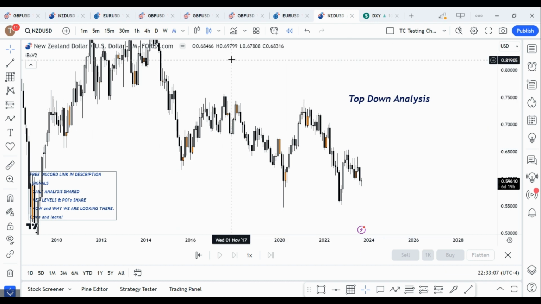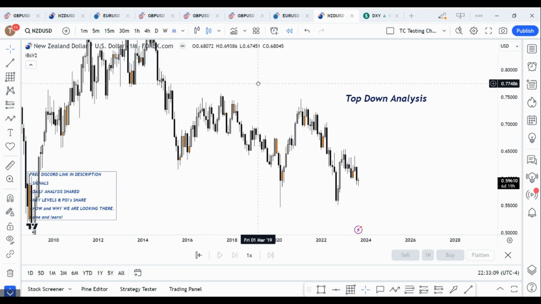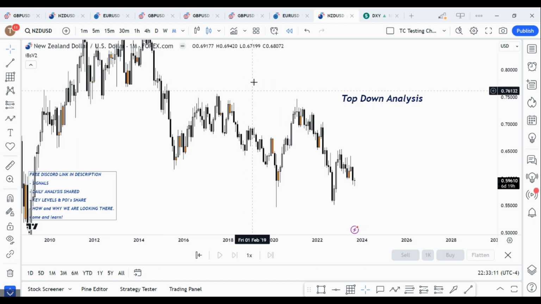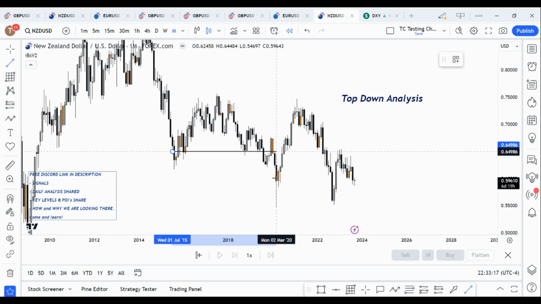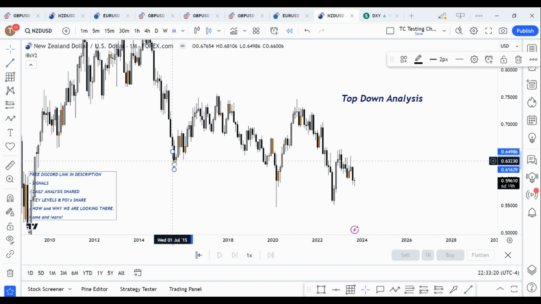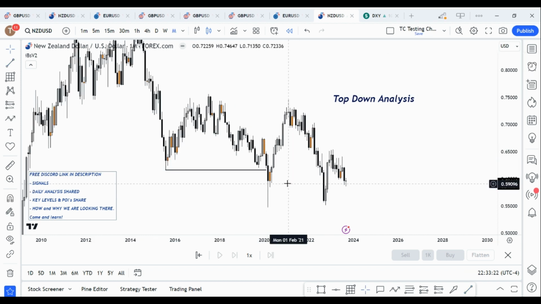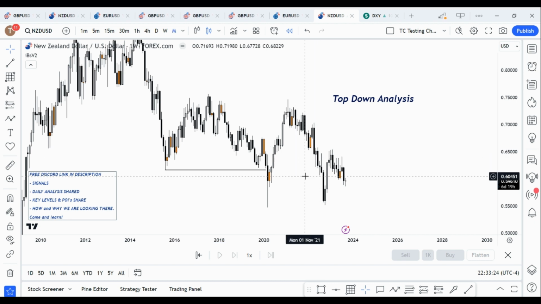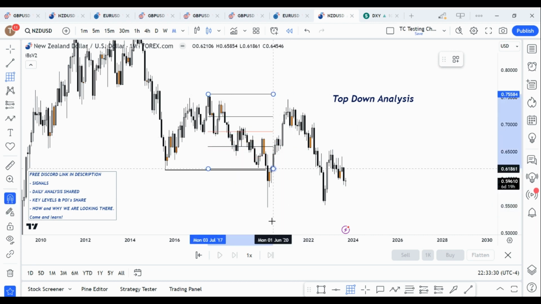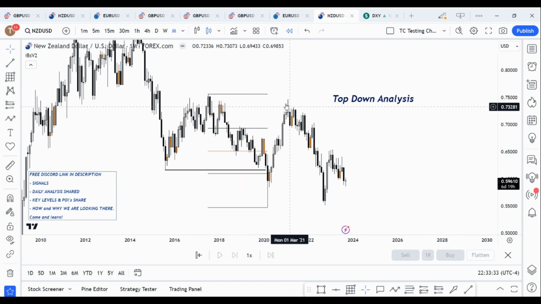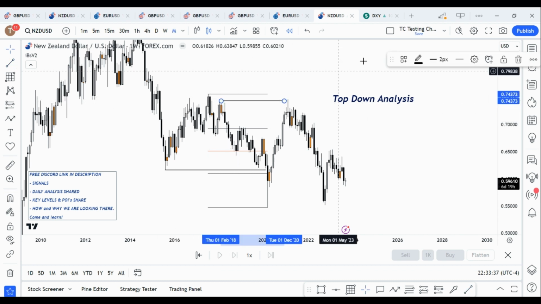So as you can see here, we are on NZD USD on the monthly time frame, and if we just break down this price action to see what's going on, what is the current institutional order flow telling us? First things first, I will mark this. We have a market structure shift, or a break in market structure, on the monthly time frame. And if we denote our range, we can see price pulled back into the top 30%, running buy side liquidity